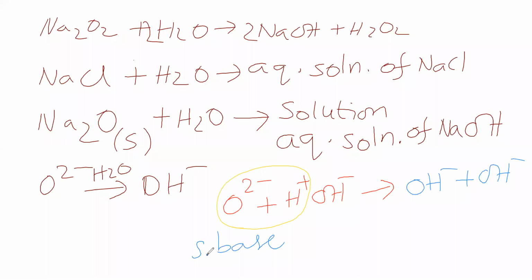So which is called a strong base? One which has basic strength greater than hydroxide as well as water is called a strong base. This oxide is a strong base. That means its basic strength is even greater than hydroxide. That's what the experiment says. Since it is a strong base, it reacts with water and becomes hydroxide. Therefore, sodium oxide on dissolving in water, what happens? Sodium no change, but oxide reacts with water and becomes hydroxide.